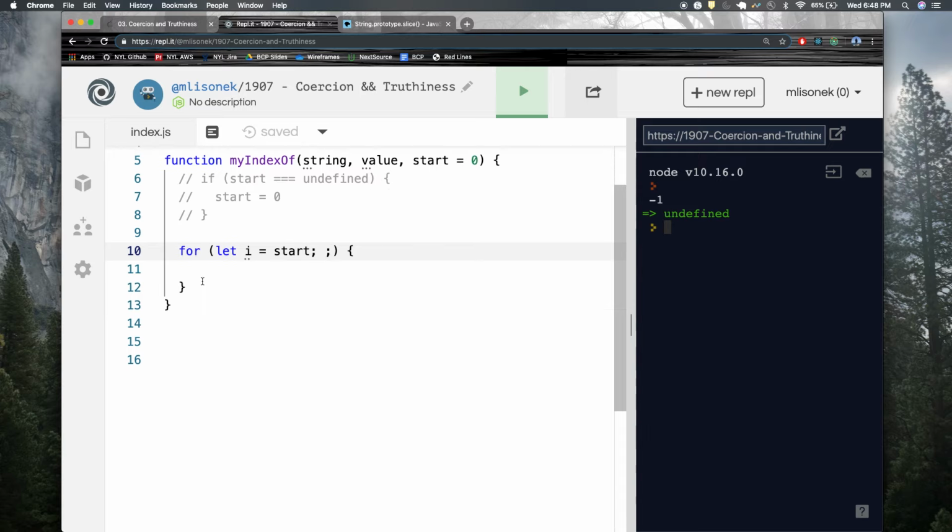Okay? So now, where do we stop? This part is tricky, right? Because, like I said, we can pass in 1 character, or we can pass in many characters. But let's say, if you're looking for